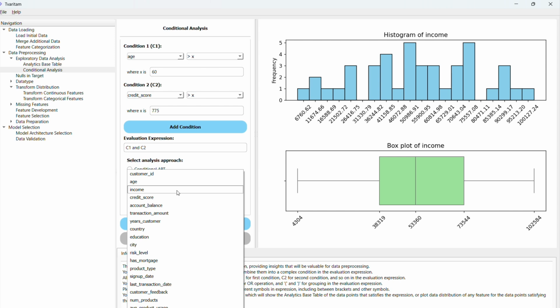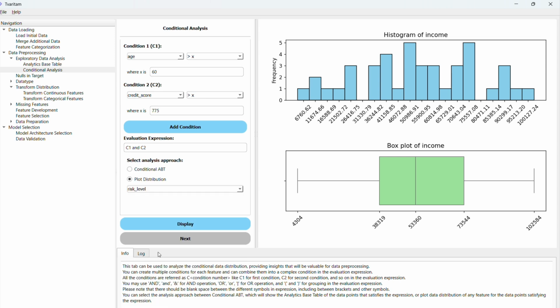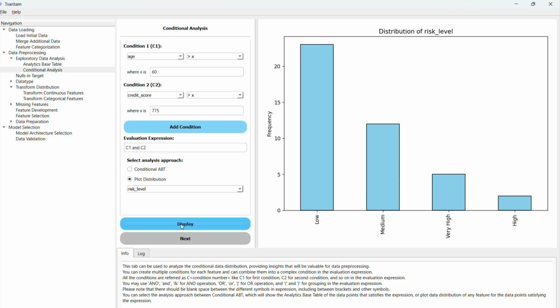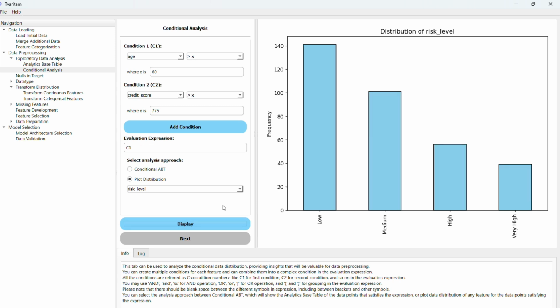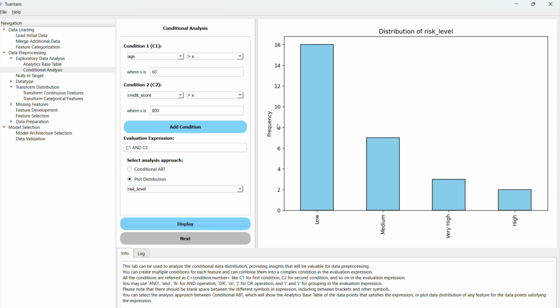We can also evaluate for a categorical column, let us say risk level, and we can display, right? So let us say I do not go with the credit score. I only go with C1, the first condition, and I display low risk, medium risk, high risk, and very high risk. Once the credit score is higher, the risk gets lower, right? So if I write C1 and C2, then you will see there are more low risk people as compared to what was there when the credit score was absent. So this is how you can use the conditional analysis to go a little bit deeper into the data,